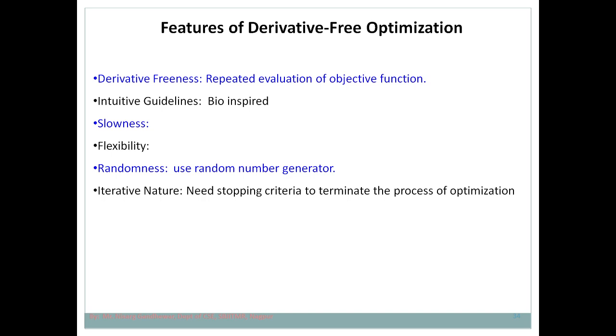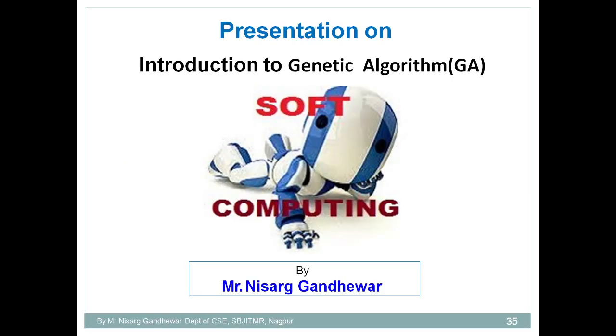In case of optimization, the termination criteria could be the number of iterations, that I need to stop this particular technique after applying it 50 times. Or the second termination criteria is that unless and until I achieve that much objective, I will not stop. So this is how two terminating conditions will be there in case of derivative free optimization. More or less we can say that it is iterative in nature, because it involves a number of iterations, and that is to be decided by the user. So these are the features of derivative free optimization.